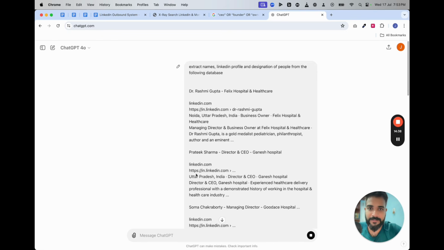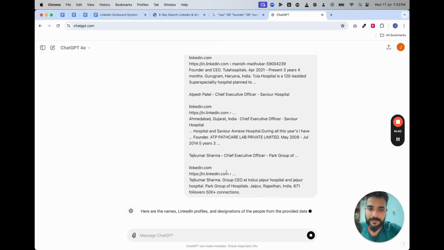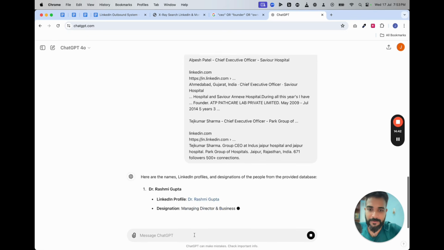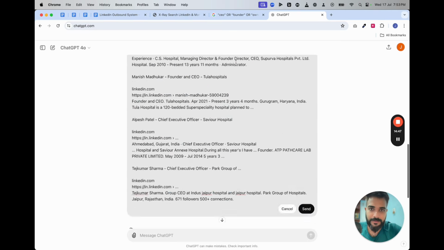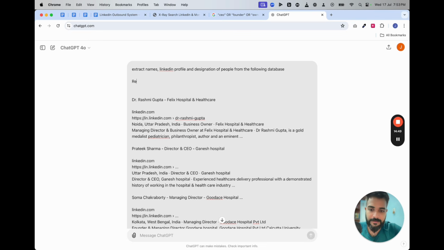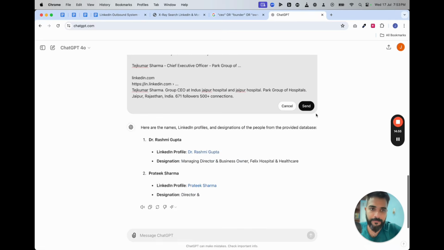Just do that, and then it will basically give you... You know what? Wait. I made a mistake. I can say, represent the data in a tabular format. There we go.